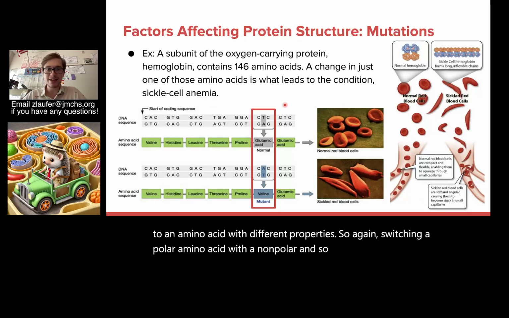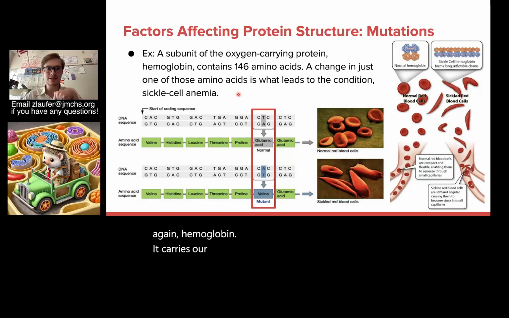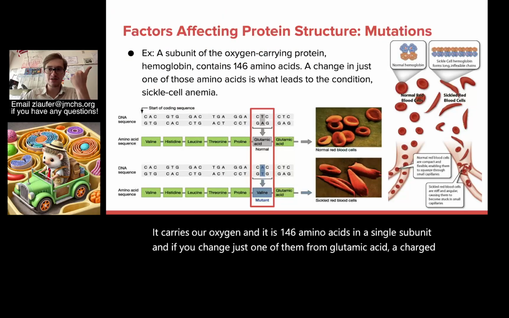So for example, again, hemoglobin carries our oxygen, and it is 146 amino acids in a single subunit. And if you change just one of them from glutamic acid, a charged group,